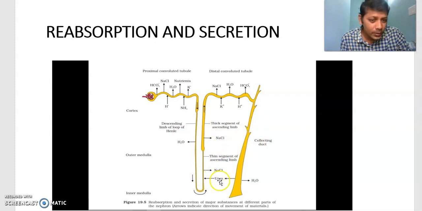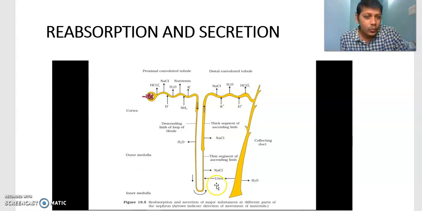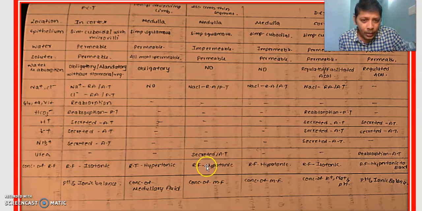You have to note down that point: that is the thin segment. What is secreted here? Urea. How? Through active transport.